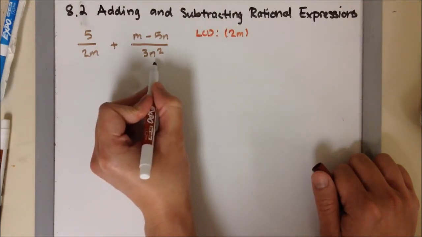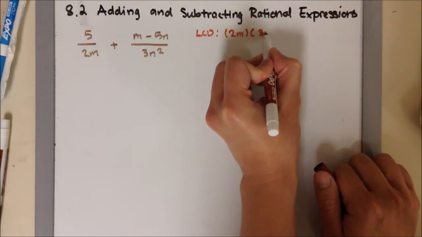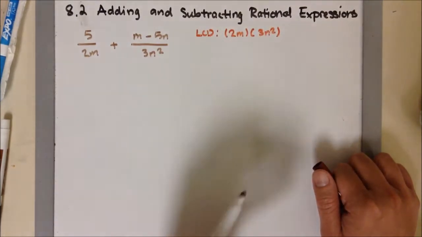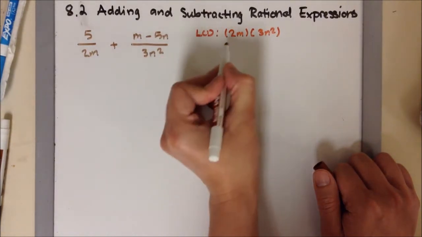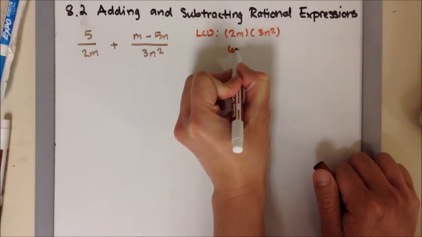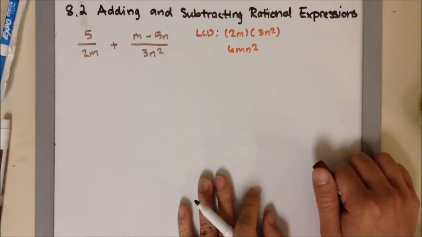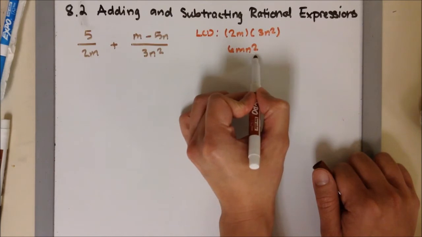In the second fraction, we have 3n squared, so I'm going to write 3n squared. Now, in the last example, we didn't multiply the 4 and 5, but here we are going to multiply it. So basically, we're going to have 6mn squared. So I multiplied the 2 and the 3 together because this is what our denominator is going to look like